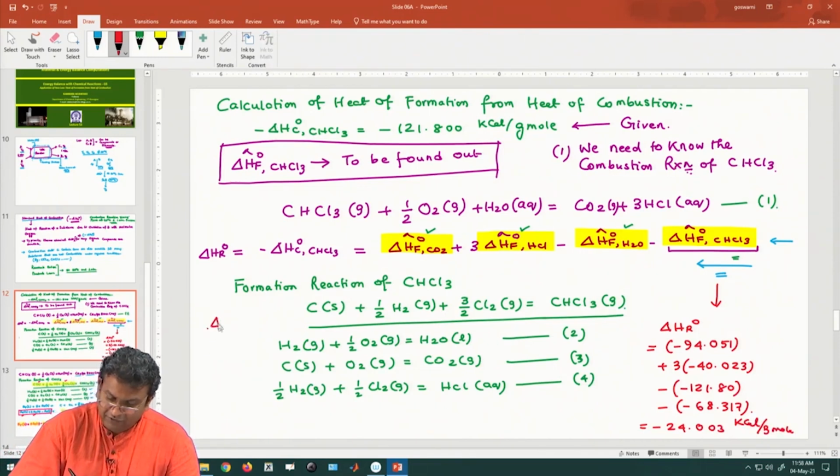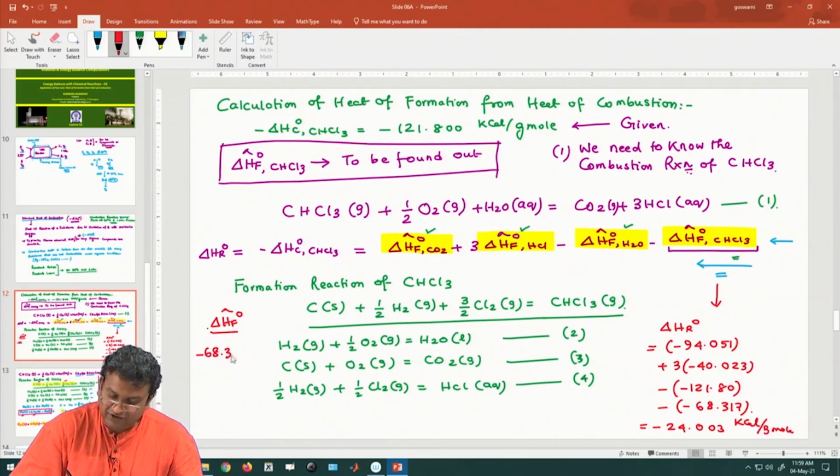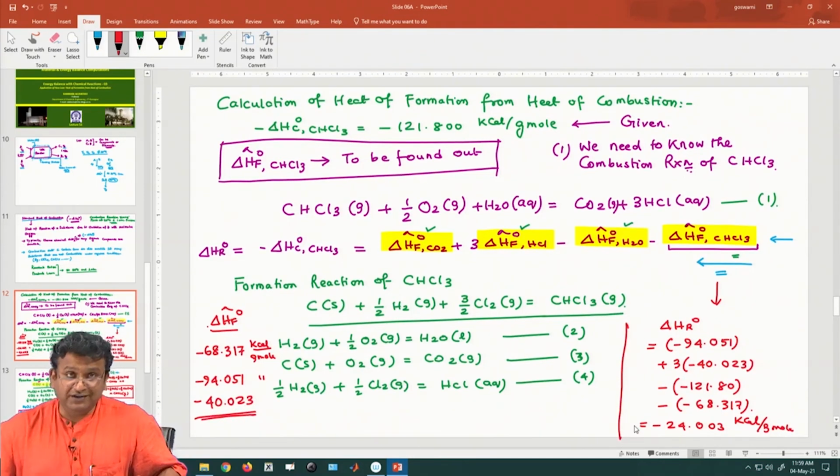So, the heat of formation value of water is minus 68.317 kilocalorie per gram mole. That for carbon dioxide is minus 94.051, and that for hydrochloric acid is minus 40.023. So, if you know these numbers, you can straight away calculate, but what I have demonstrated is how you can